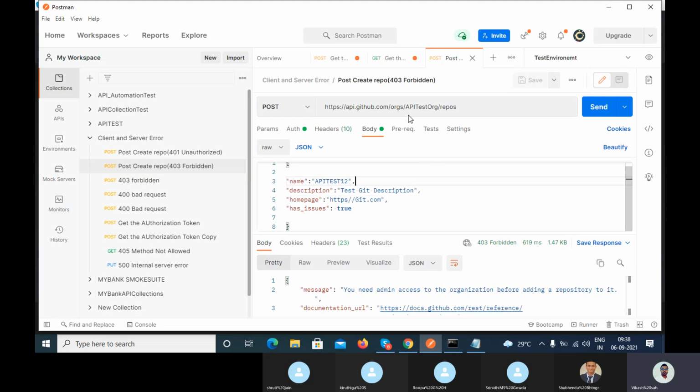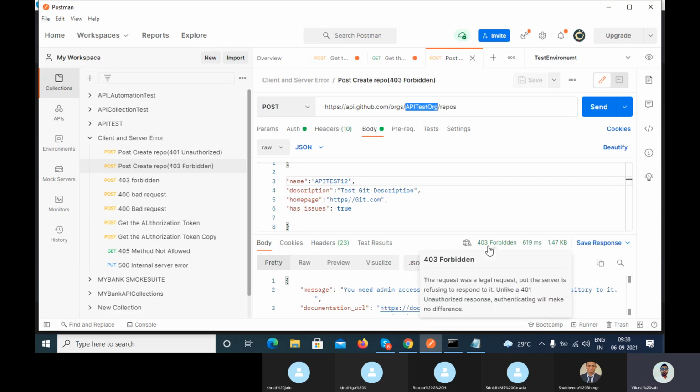Right? I am asking only about this organization, anything which you are using that belongs to another person. If they have set the validation on that, then you will get 403 forbidden. Right? So in your project, let's suppose you are not getting this, you don't have to worry, because as per your requirement, they have